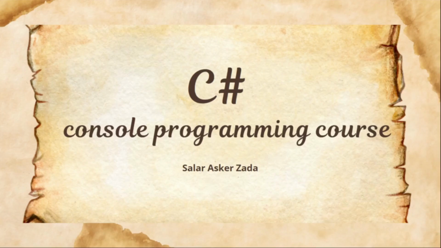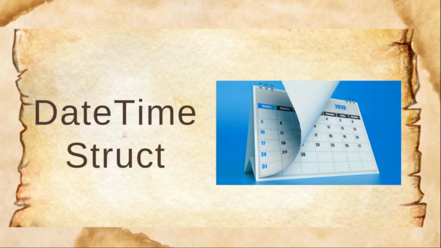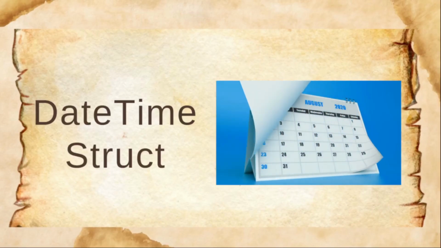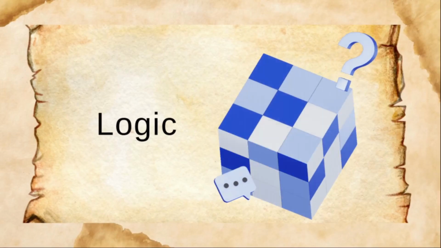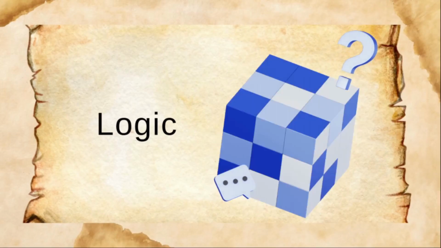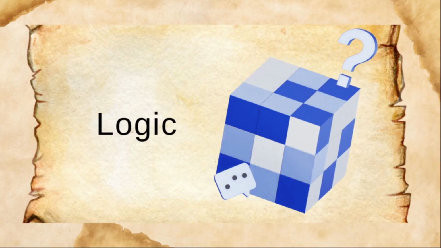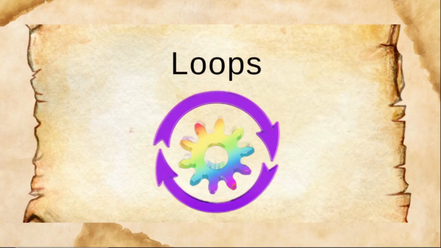We are learning C Sharp step by step. In the previous lecture, we covered the DateTime struct. The DateTime struct is used to work with date and time in applications. We have also covered the tools which are used to create logic in a program, like if statements, switch statements, etc. So now we are in a very good position to learn another essential programming tool, which is called